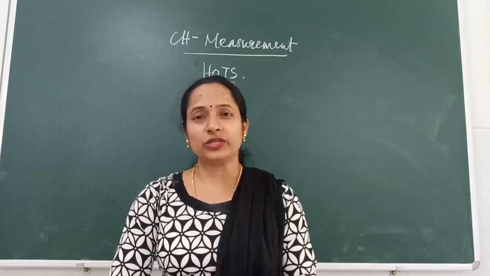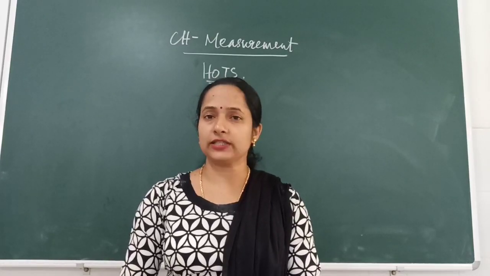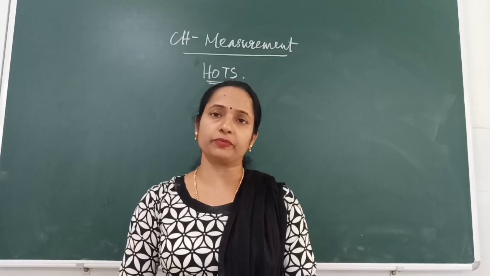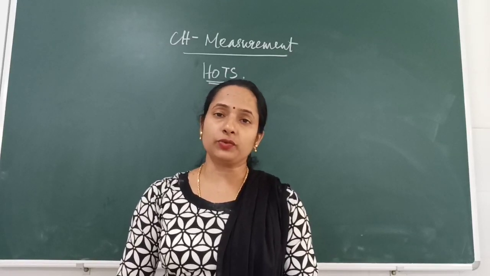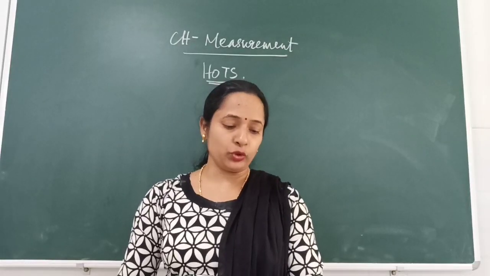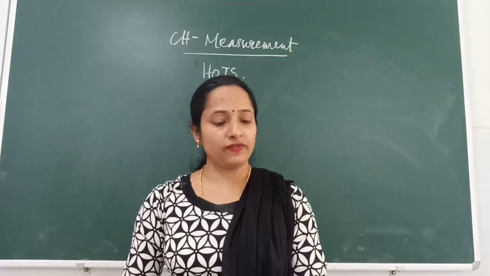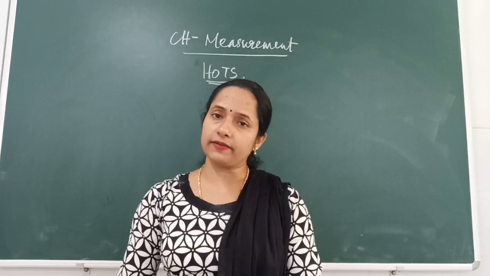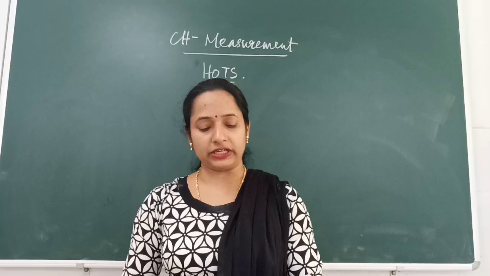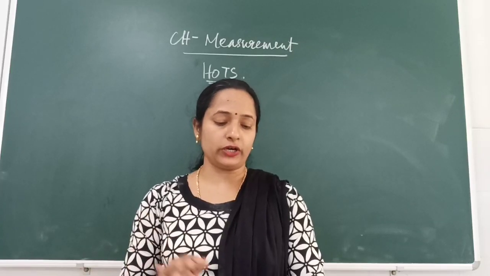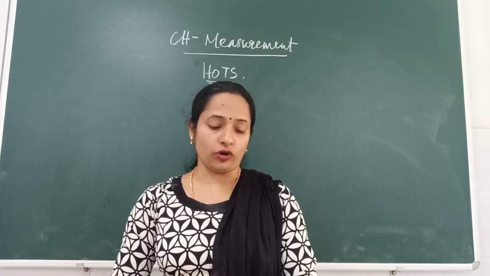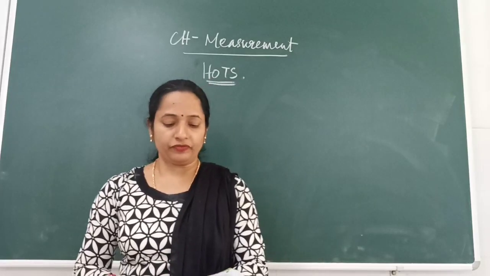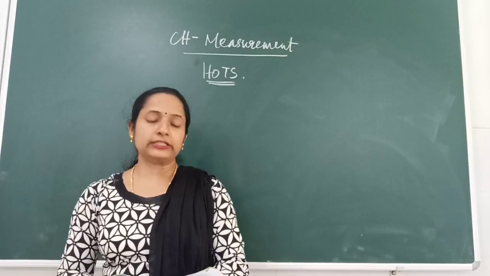Lab class. In today's class we are going to discuss the questions given in HOTS, objective moves and work in mind of chapter 9, Measurement. The first question of HOTS is: Milk booth A had 325 liters 500 milliliters of cow milk and 400 liters 750 milliliters of buffalo milk. It sold the total quantity of milk at the rate of rupees 15 rupees 75 paise per liter. Find the amount collected from the sale of the milk.